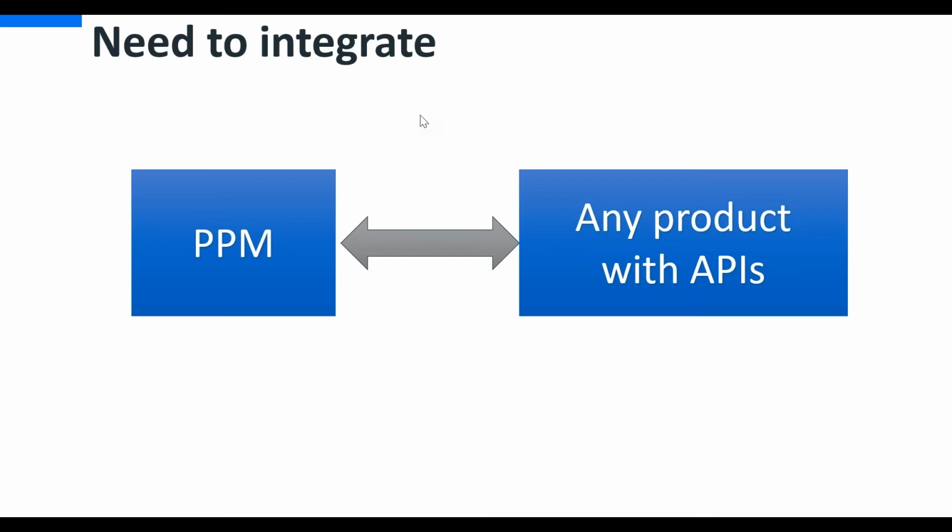To address this integration requirement, these products are usually integrated in such a way that the required data is created in one system and then gets synced in other system or systems using supported APIs with create or update methods